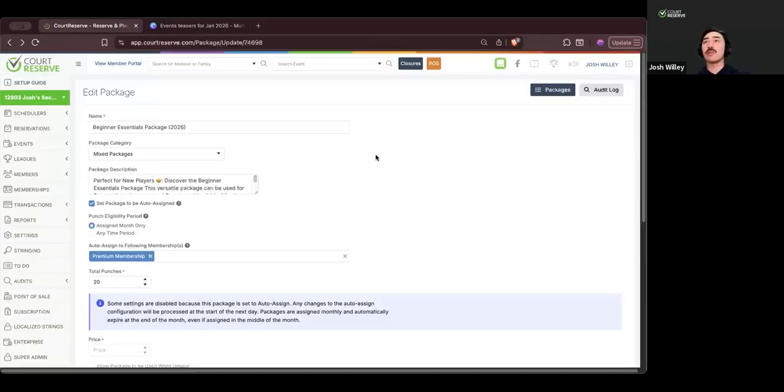So it is going to always be looking at just the credit card or the e-check that is on the player's account if you are collecting payment while you are generating that invoice. And right now, there isn't a way for the player to apply punches to an invoice that they are trying